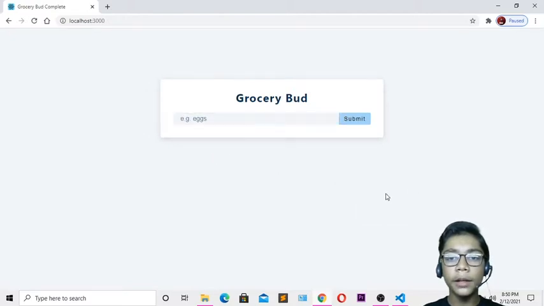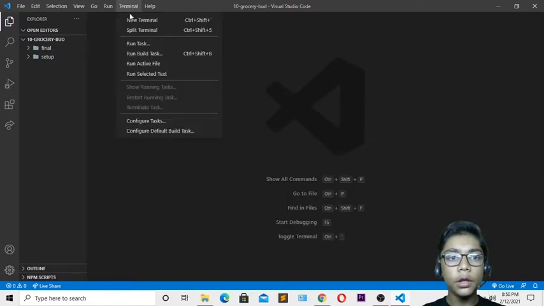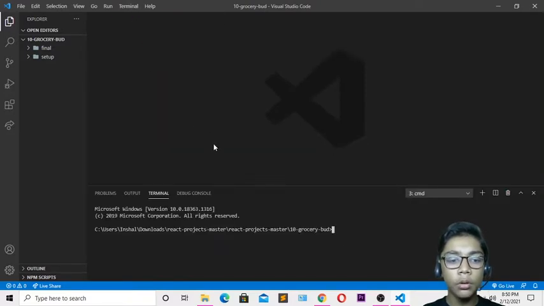Okay, so we will be building that with React.js, but for doing that you have to open your text editor, which is called Visual Studio Code. So I'll be opening that over here, and you can see my folder over here, its name is 10-grocery-dashboard, and we will be doing that. First of all you have to open your terminal, and I will show you how to build. First of all you have to select the location where you have to locate your files, and you have to put your files.